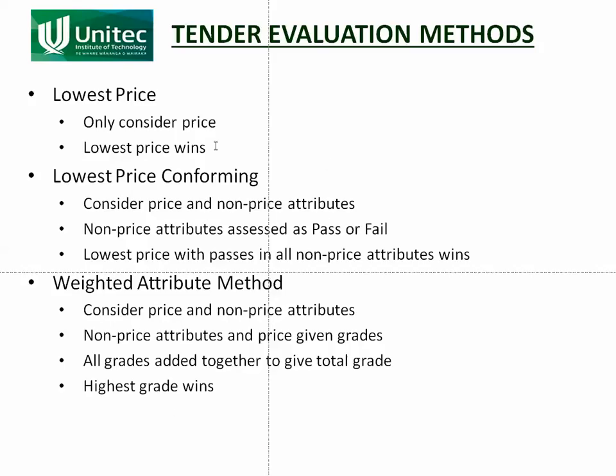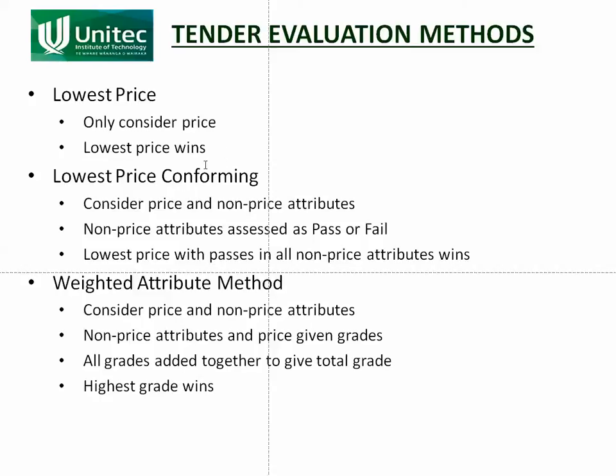So there are three different types of tender evaluation methods. These are the different ways that we can compare each one of those bids that we get. The first one is lowest price. In other words, we only consider the price. We don't really care about the non-price attributes, it's all about the price. So you could get a real cowboy that can't do the job properly, but he submits the lowest price and